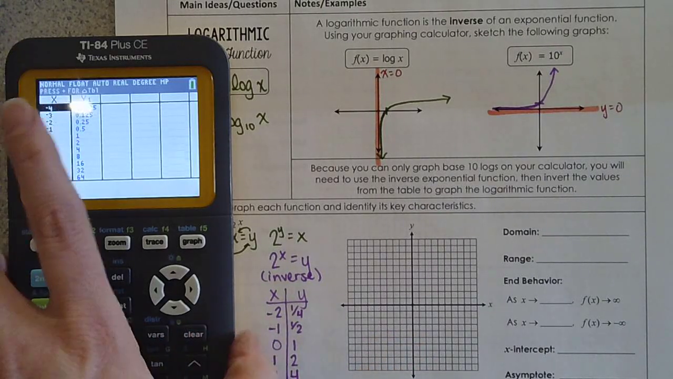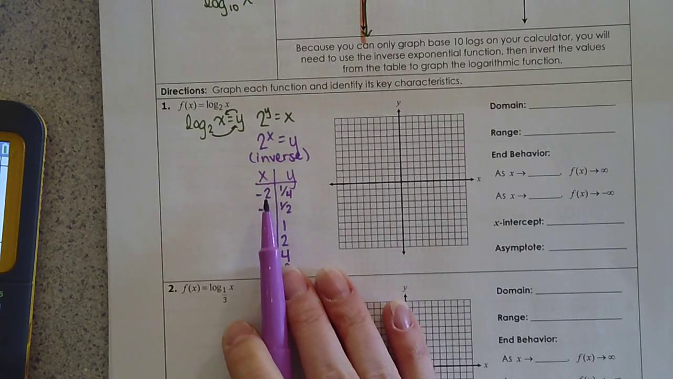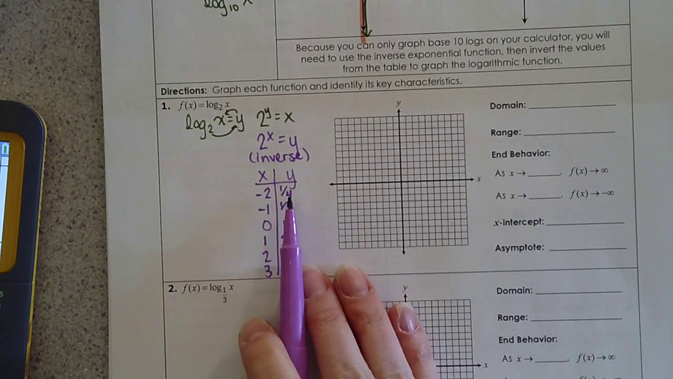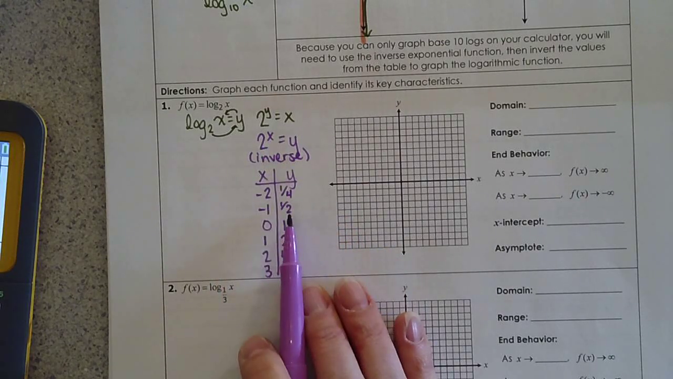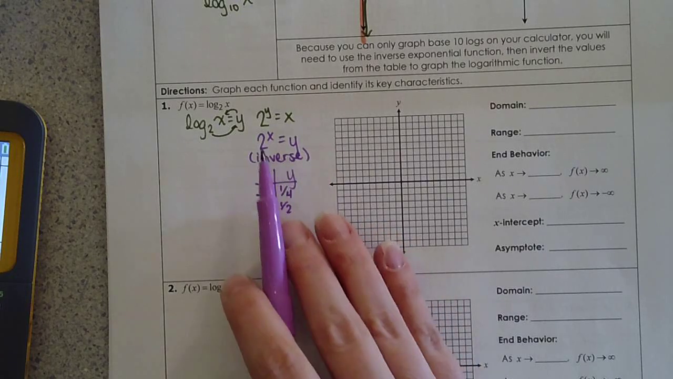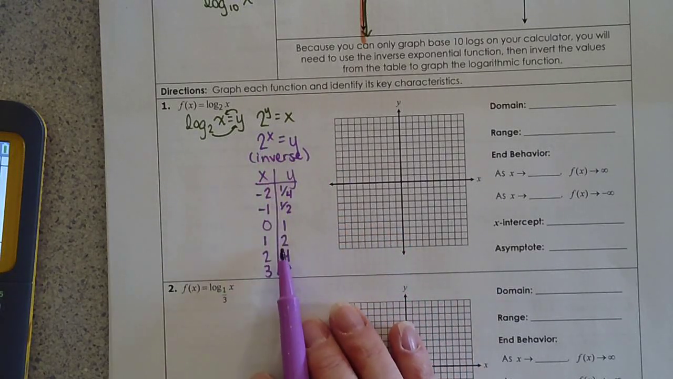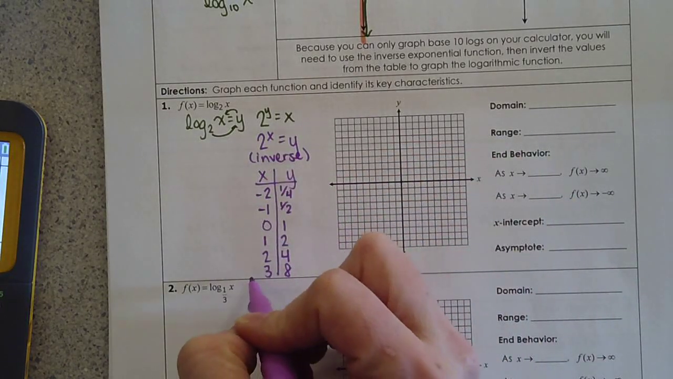Okay, and just so we recognize what we're doing here, 2 to the power of -2 is 1 over 2 squared, 1/4. 2 to the power of -1 is 1/2. 2 to the power of 0 is 1. 2 to the power of 1 is 2. 2 squared is 4. 2 cubed is 8. Okay, but this